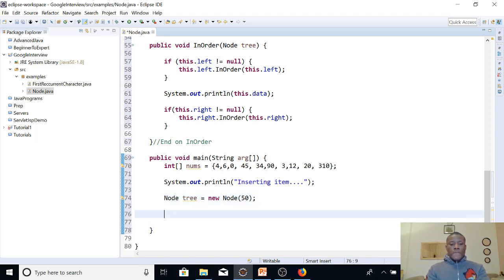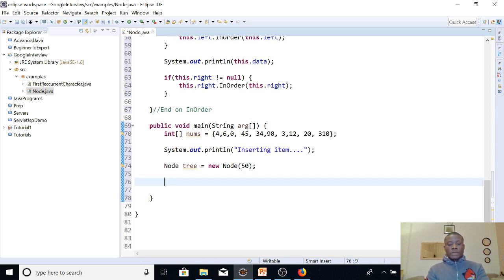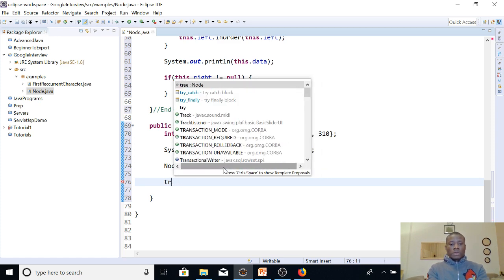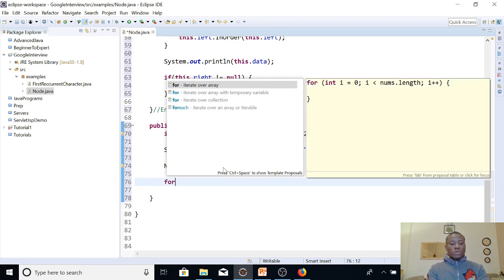The next thing we want to do is another traversal of this tree, but before I do that, I'm going to insert items into this tree first. So I'm just going to say tree.insert. Let me use a for loop to loop through the